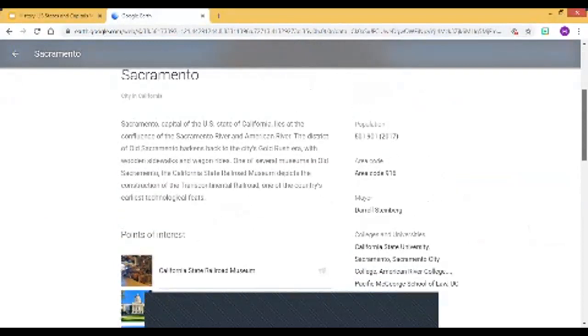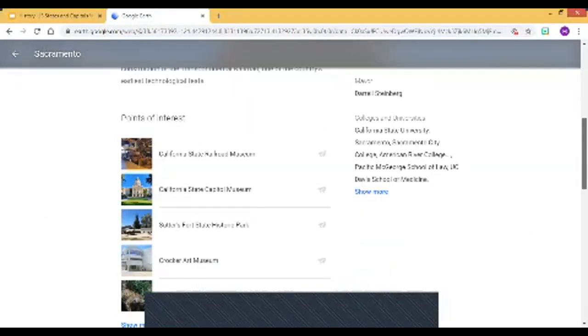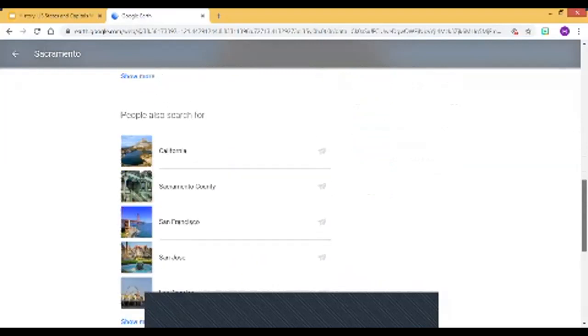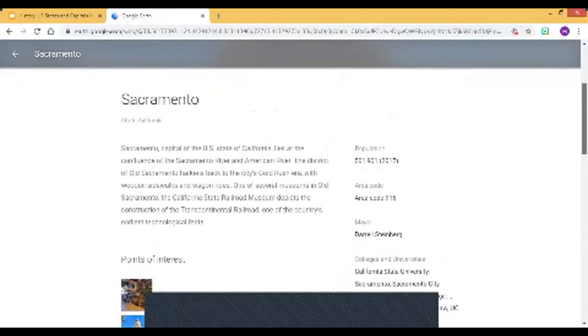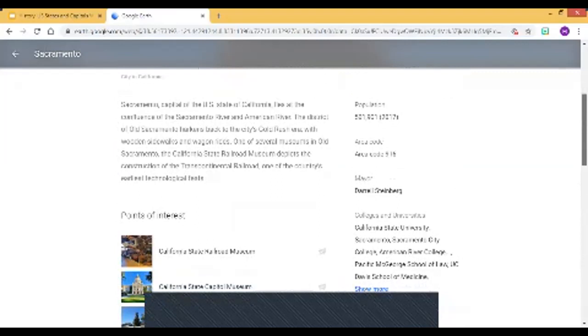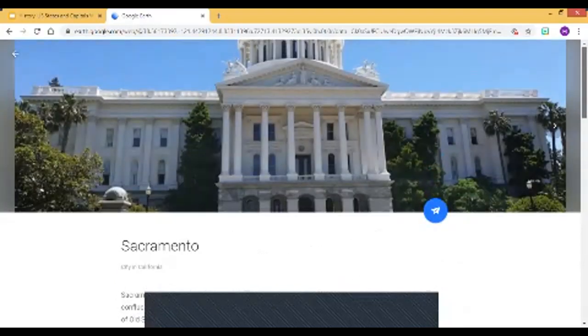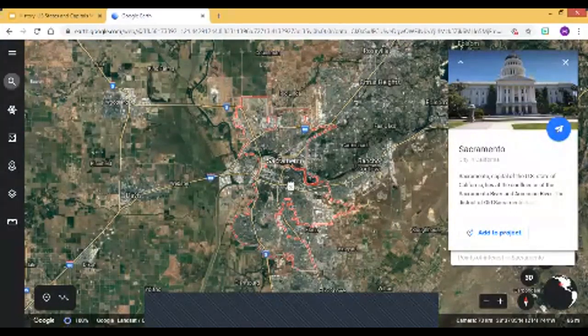So we have the Sacramento narrative, the points of interest, other things people search for, population, area code, the mayor's name, colleges, and universities. So these will help us to recall the capital of California is Sacramento. Let's take a look at